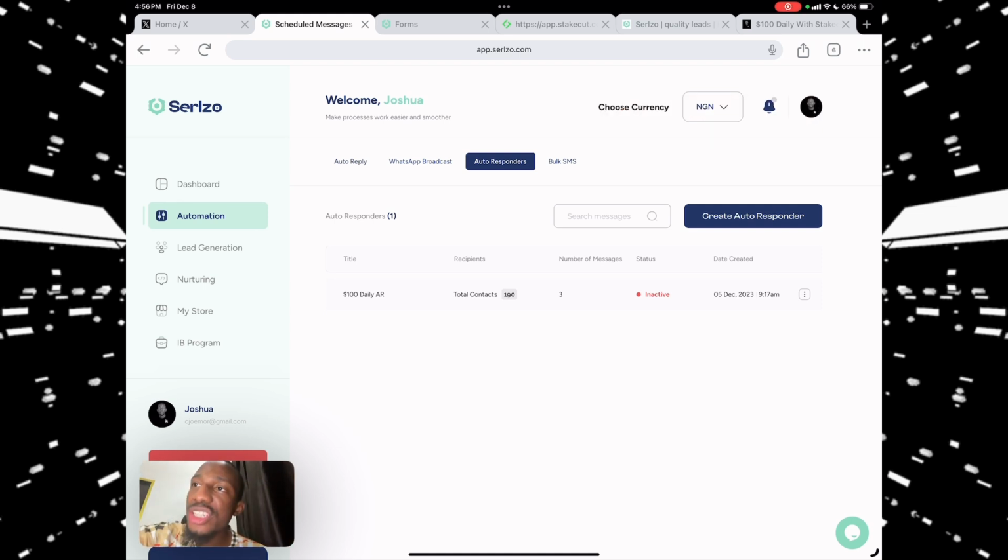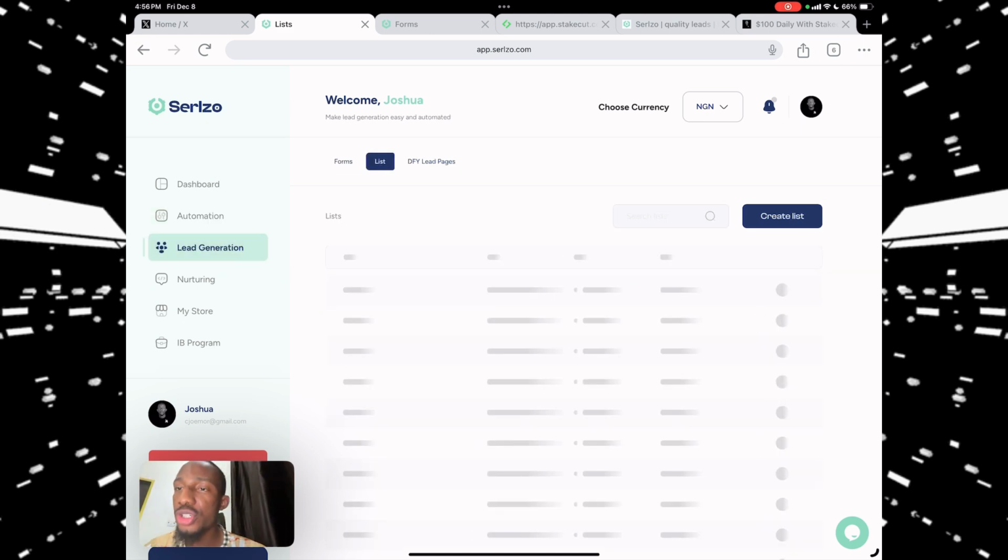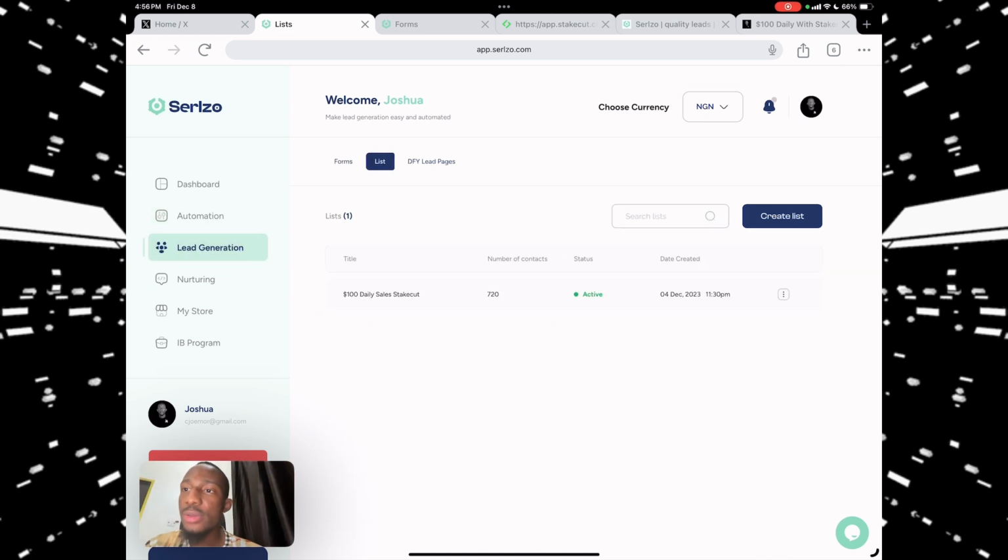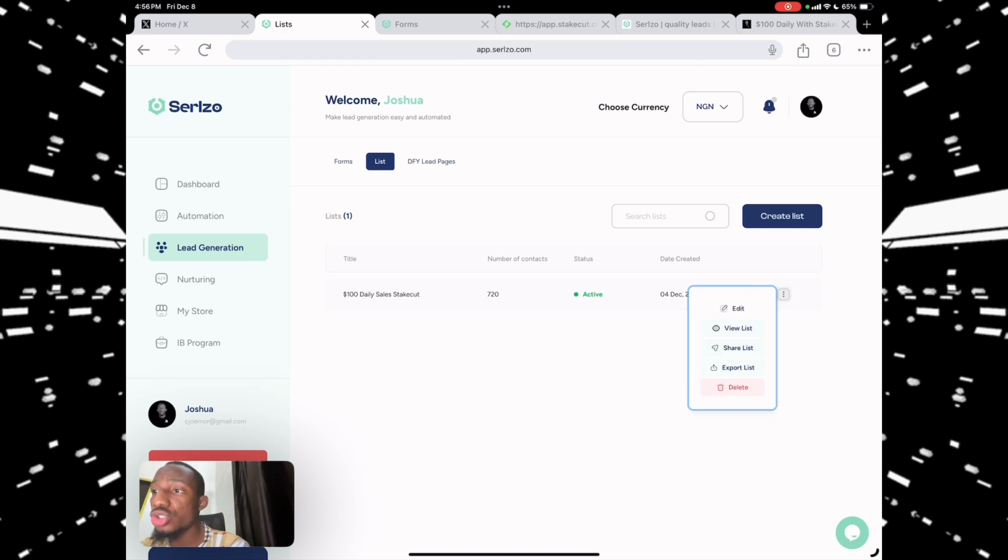So with this singular software, you are not just storing the list information. Okay, it has updated to 720. You can see right now. You are not just storing the list information on your account. I don't want to open this because it's going to show everybody's name. I don't want to expose people's information, right? And then you could even share it, but that's not where we are today.